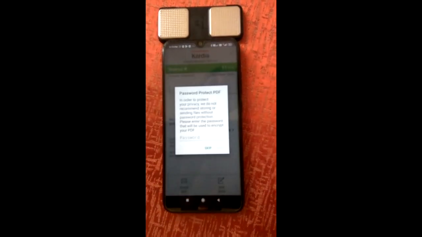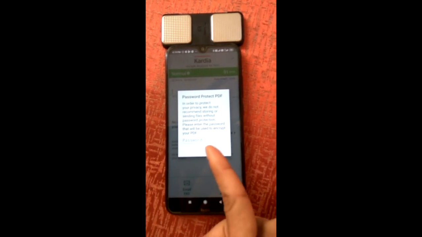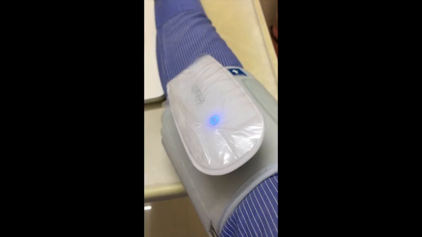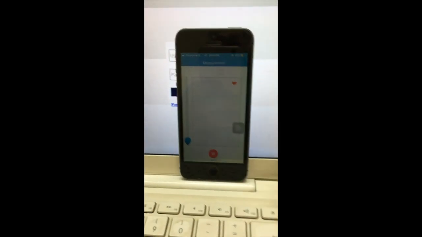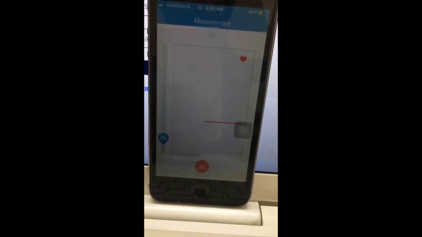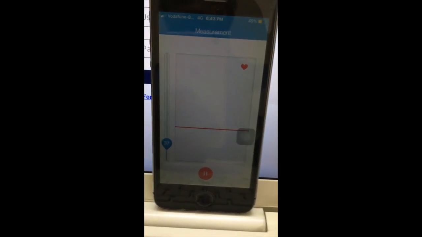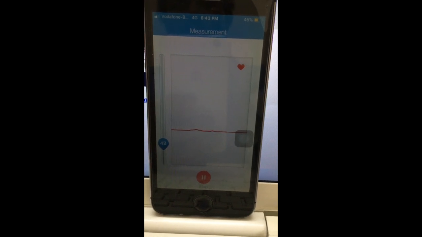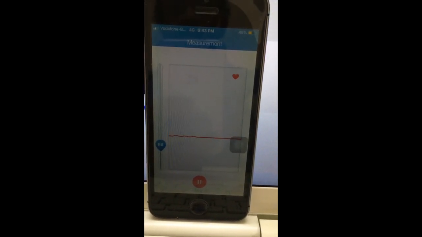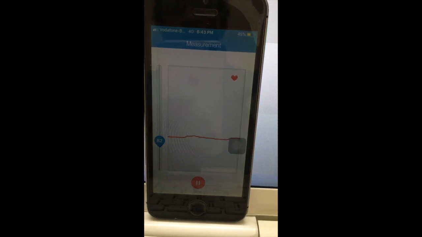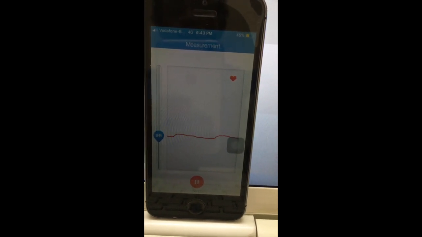There's an option to send the readings, and a Bluetooth blood pressure monitor using the blood pressure monitor app to record the blood pressure readings. These readings too can be emailed to the doctor for the particular patient.